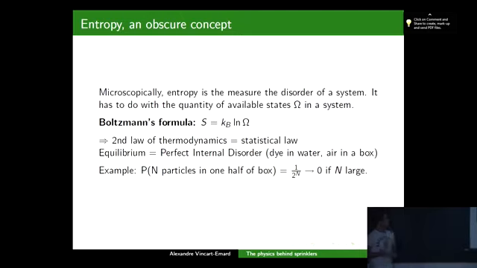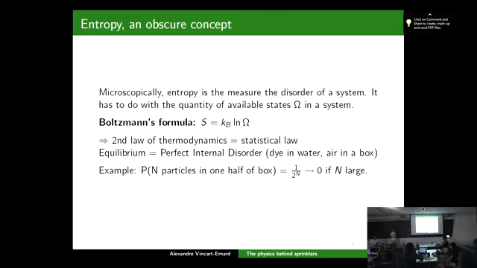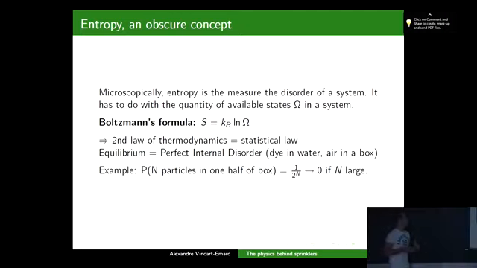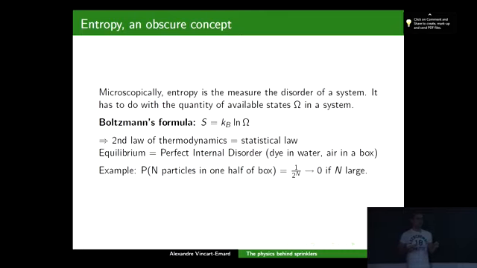So this makes the second law of thermodynamics a mechanical statistical one, because to know that, we have to know the different available states. We need to have information about the positions and the velocities of our molecules. So in that view, we can view an equilibrium state as perfect internal disorder. If we take the example of a drop of dye in water, at first it's all localized, and then as time goes on, the dye just goes everywhere in the water, and at the end, when it reaches equilibrium, we have lost all information about the